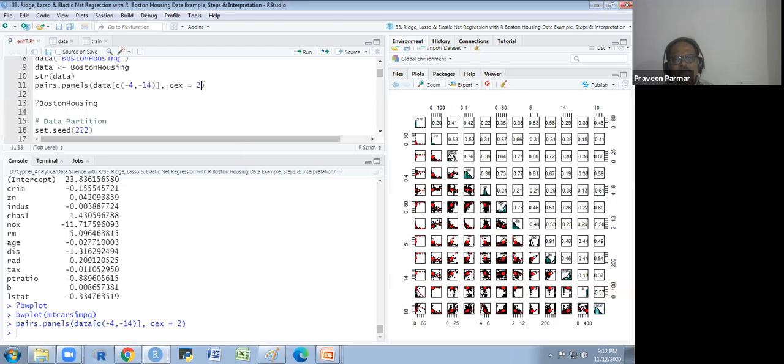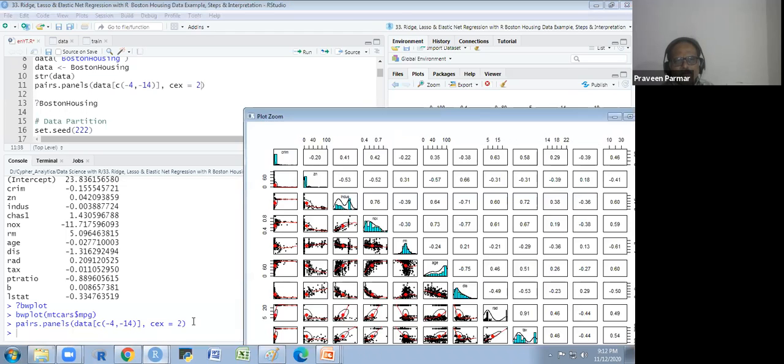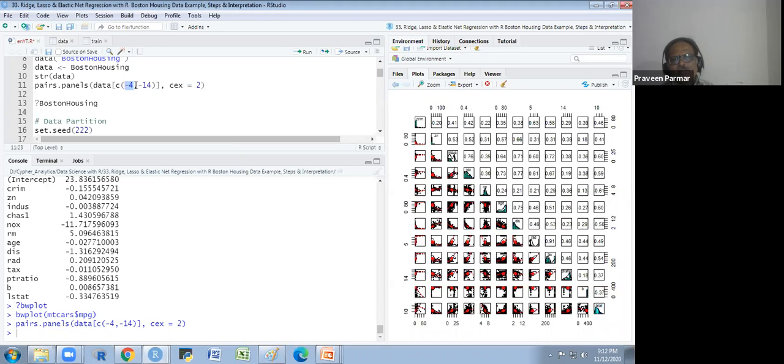If I write CEX 3, I will get a larger, bigger font. If I put 1, the font will be smaller. And here I have taken minus 4 and 14. I am removing these variables, not including the 4th variable and the 14th variable, because it was my target variable and it was binary.